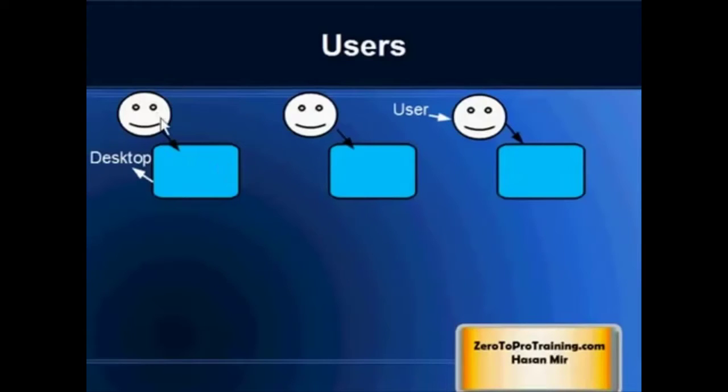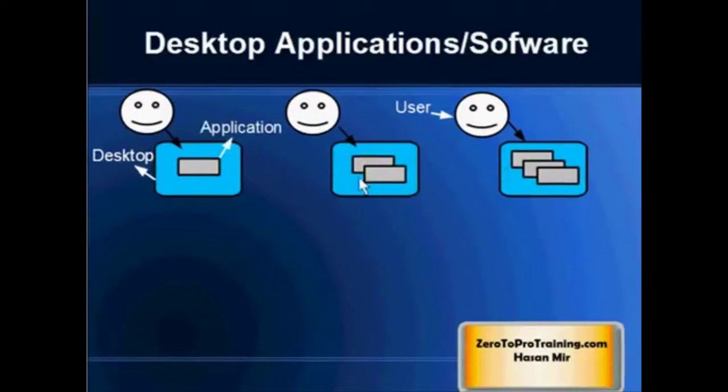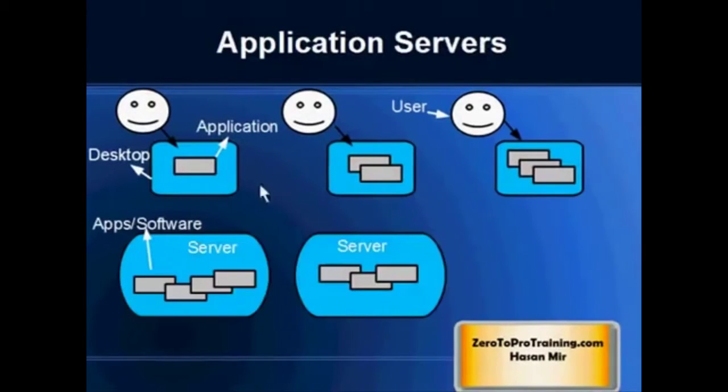Now, a user will be interacting with the software through a desktop computer or laptop, but they will have some kind of computer accessible to them. These gray boxes within the blue ones represent applications or software that users are using to serve the job role that they are given. Users would be using different applications or software pertaining to their department and their job role.